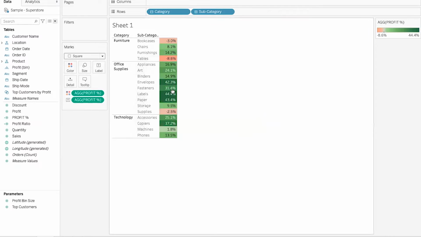Okay, so here darkest green is giving us the highest profit. So it's 44%, which is the highest one, and whatever is the darkest red, suppose this is minus 8.6%. You can simply see by looking at the color which subcategory is giving us the loss and which subcategory is giving us the highest profit. So this is the power of Tableau.